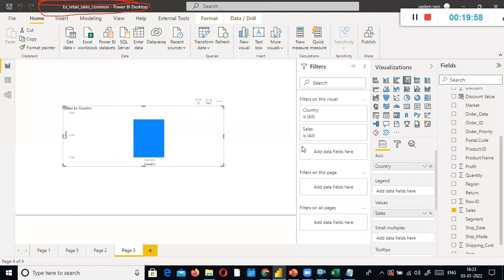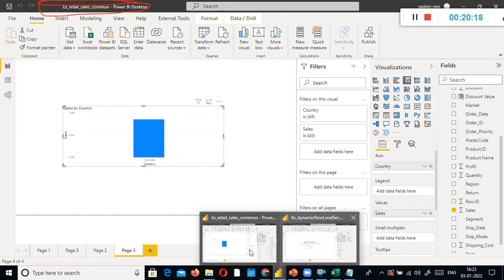Load completed. Look here, still only Australia shows. I typed the United States here, but it is not applied. The reason was that I hard coded it here.